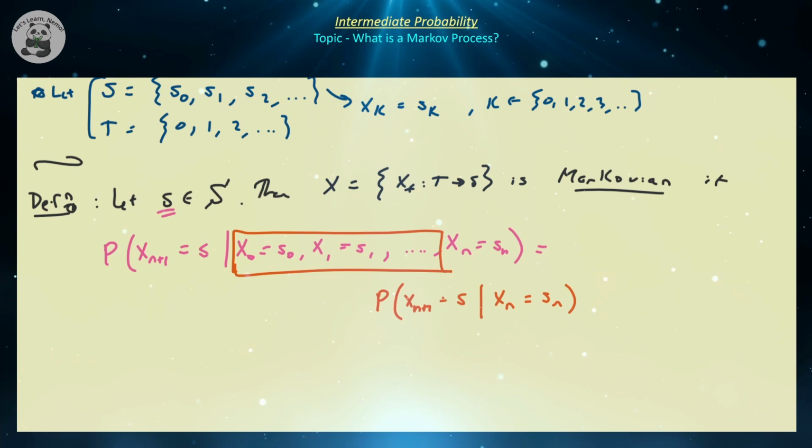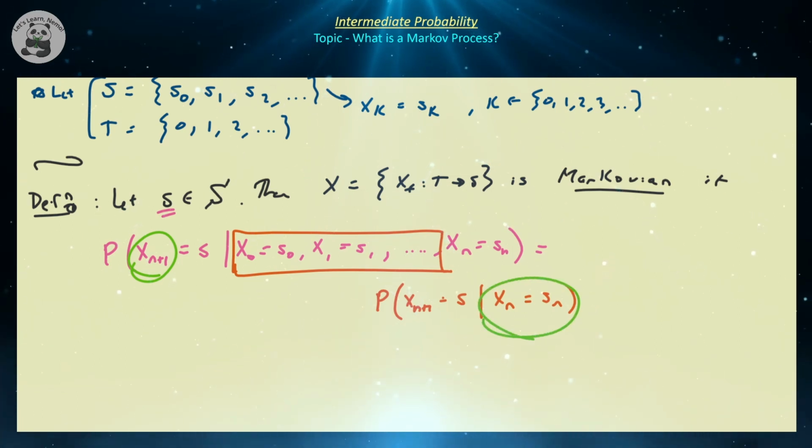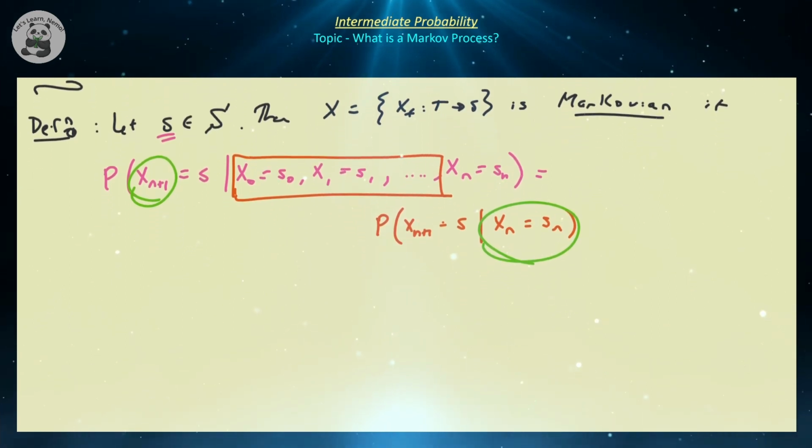That is, if a stochastic process is Markovian and you want to find the distribution of X_{n+1}, the distribution of the variable of tomorrow, all you need to know is information about today, right? So the current state is all we need in order to forecast tomorrow. Some people will call that a Markovian stochastic process, and some people will refer to that as the Markov property of a stochastic process if it just happens to be satisfied.